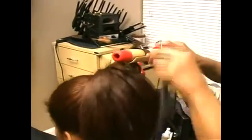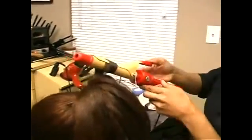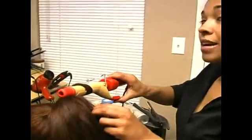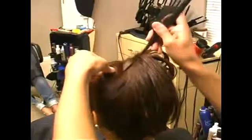If you don't have a round curling iron, you can actually use your flat iron if you have one by creating a curl. And I'm going to show you that in just a minute. But you see how they're just simple little curls like this. But I'm going to try and do one right here on this side